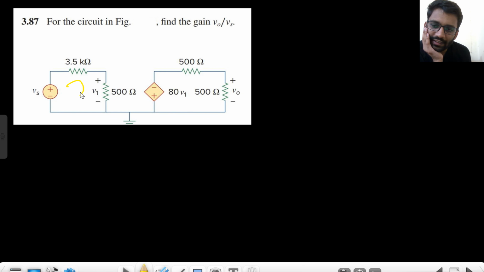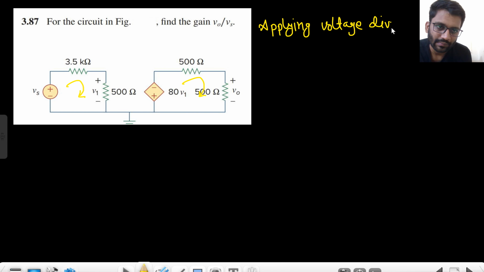This is one different circuit. You can apply the voltage division here, right? Because the 3.5 kilo ohm and 500 ohm, both of them will be having the same current, right? So you can apply the voltage division. Applying voltage division,